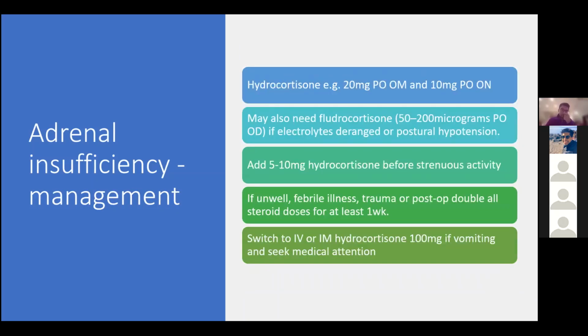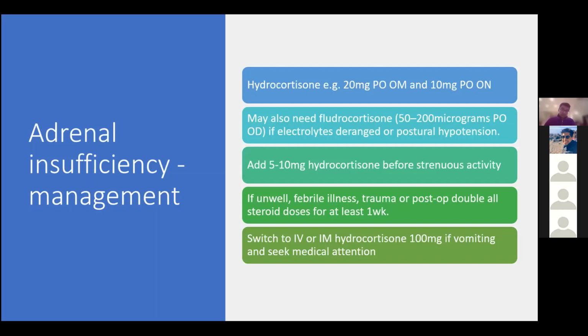So how do you manage adrenal insufficiency? In the non-acute state, it will be with steroid replacement, so hydrocortisone, usually 3 times a day. They get a higher dose in the morning to compensate for that peak that you get in the mornings with your diurnal variation in steroid levels. You may need to give the patient fludrocortisone, which is your mineralocorticoid agonist, if you find that they're getting postural hypotension or they're having deranged electrolytes.